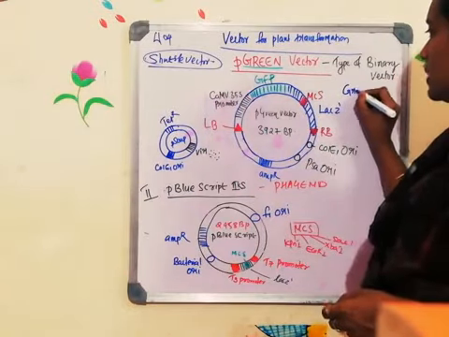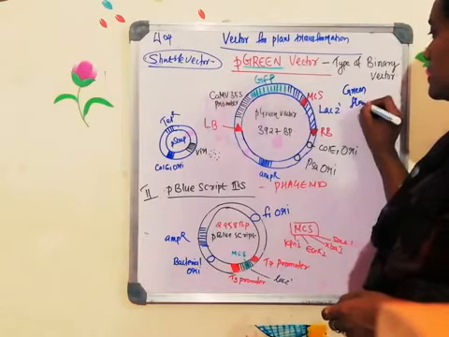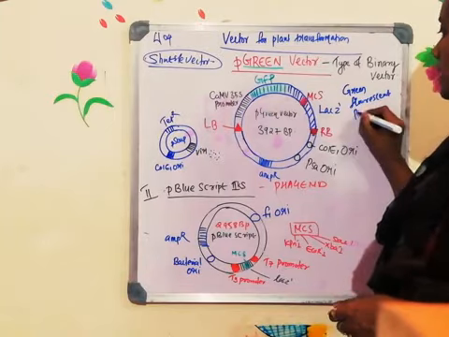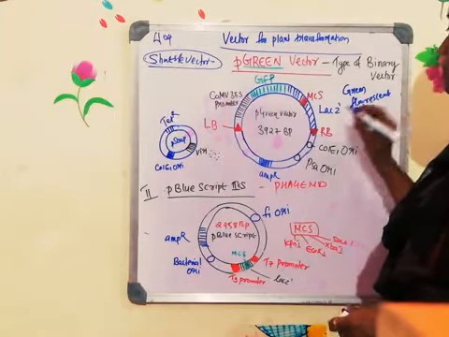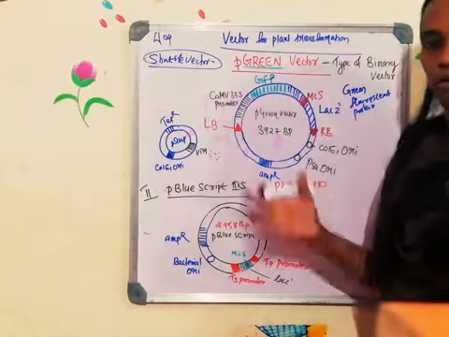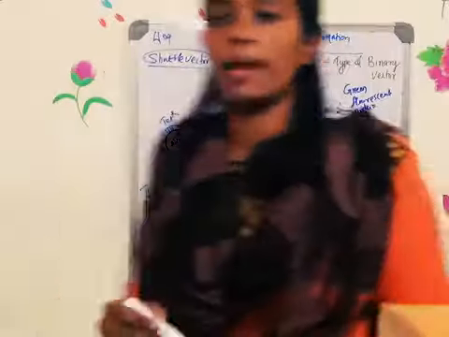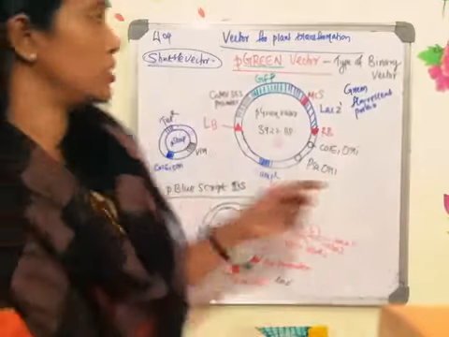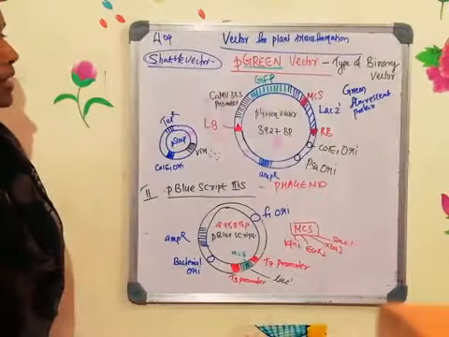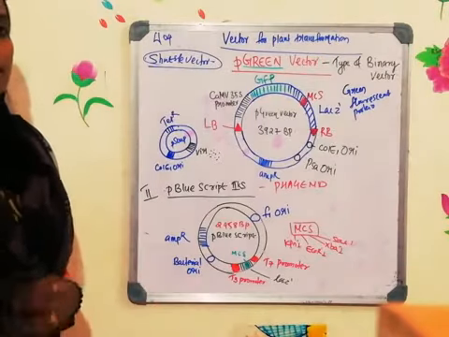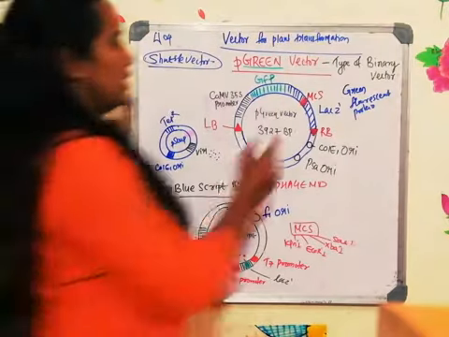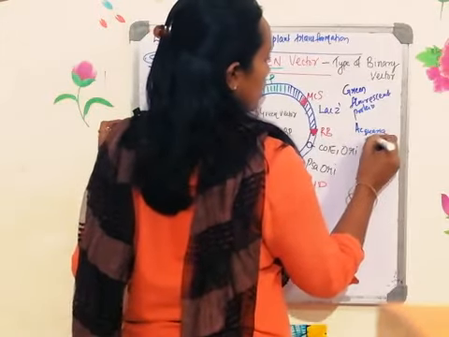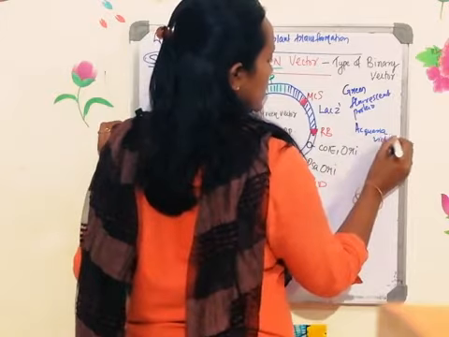GFP stands for green fluorescent protein. Okay, green fluorescent protein, when it enters into the host cell, you can see fluorescence in the host. So when this particular gene enters into the plant cell, you can see little fluorescence in the plant. Thereby this particular gene is known as the green fluorescent protein. This is actually isolated from a jellyfish, Aequorea victoria. Okay, so green fluorescent protein is isolated from a jellyfish, Aequorea victoria. We will be studying this in detail later.